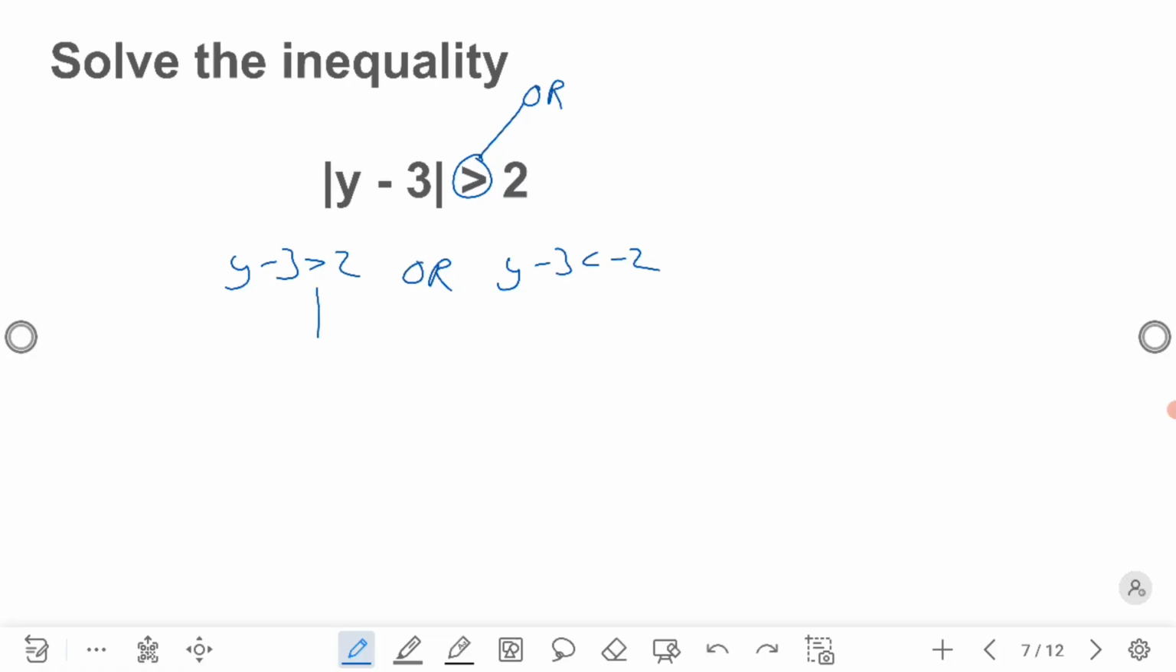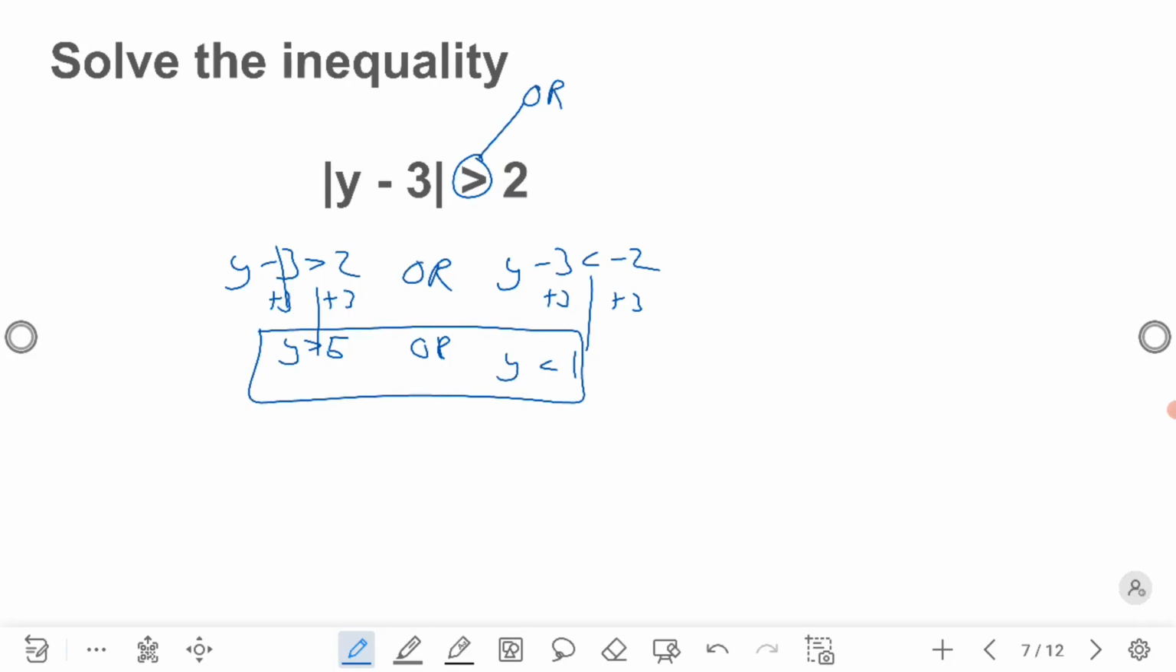All right, now I'm just going to solve. So I add 3. So y is greater than 5. Or this one, I'm going to add 3. y is less than 1. So there's your answer. Again, if you wanted to graph it,